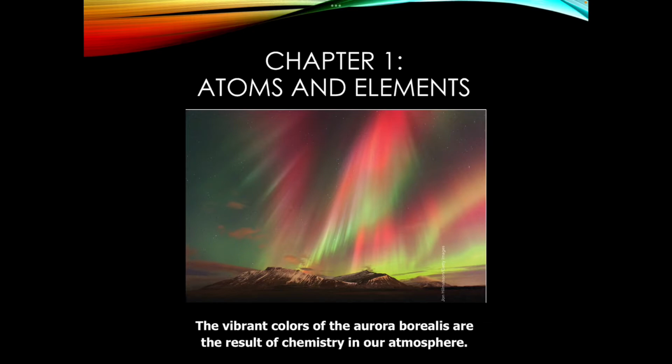We looked at metals, nonmetals, and metalloids. We talked about groups versus periods, and we started to talk a little bit about how the atoms or the elements were arranged on the periodic table. So today we are going to jump more into how the elements are arranged, and we're also going to talk a little bit about the history of the atom. So lots of good stuff to cover today, so let's go ahead and get started.